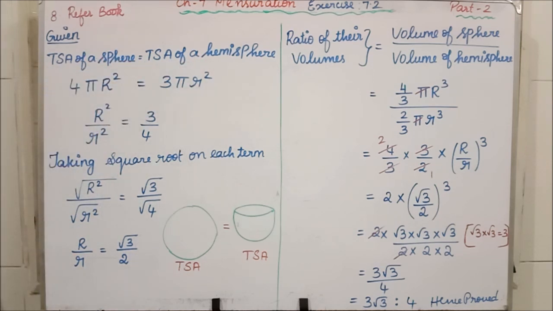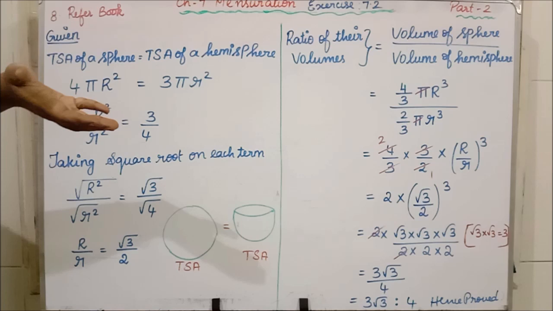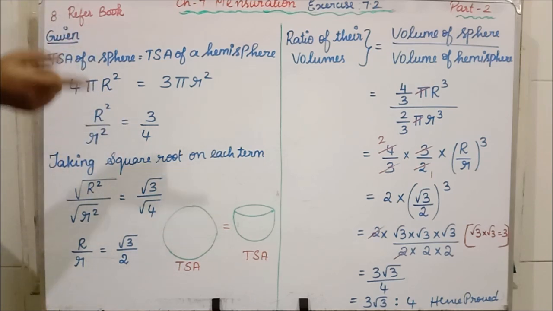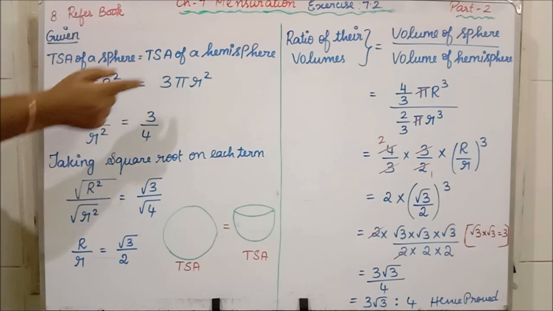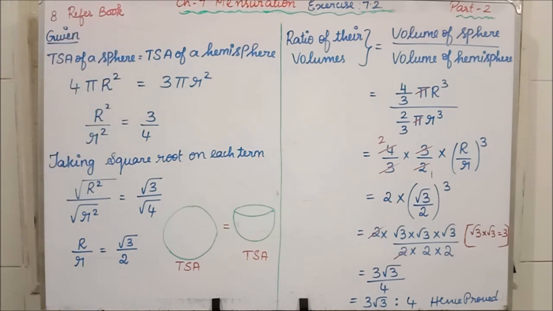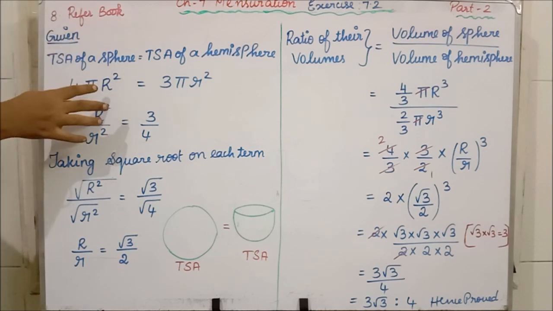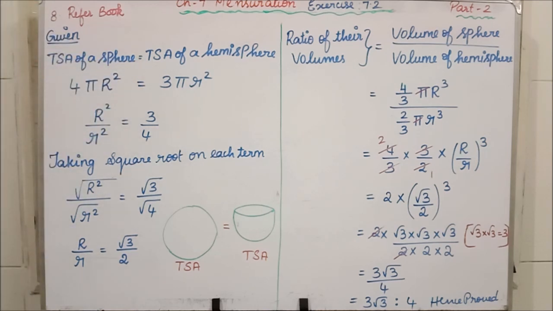Students, why I have written capital R here and small r here is to differentiate. For the sphere you will be having a separate radius. Similarly for the hemisphere you will be having a separate radius. So both are not the same. If I write small r here also, then both become the same, isn't it? To differentiate, I have written capital R and small r. If you need, instead of capital R and small r, you can take R1, R2 also. No problem in that. But you should not write the same. Here if capital R, there also you should not write capital R. Now clear students?